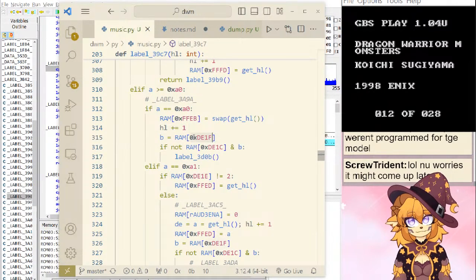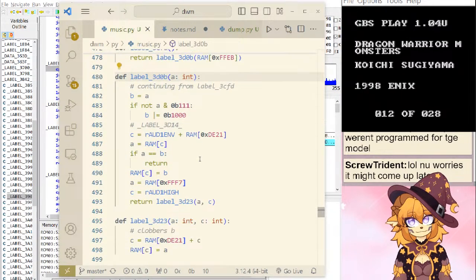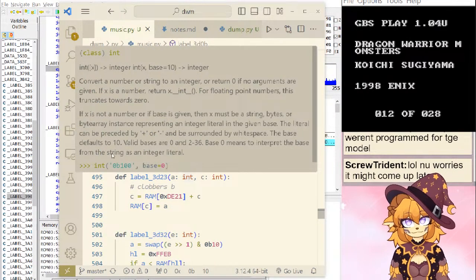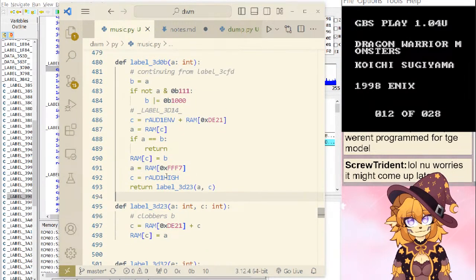What is B? B is this. Okay. All of this sets the pulse information, right? I think that's what this is.